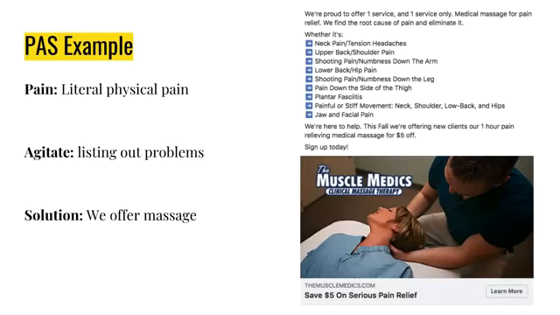Has it caused you to not be able to spend more time with your children because you can't play sports with them? Has it caused you to miss out on important life events? Have you not been able to participate in the family photos because you couldn't stand properly? Things like that. So that copy, that agitation, we really dive in, still in progress, but that's the idea.